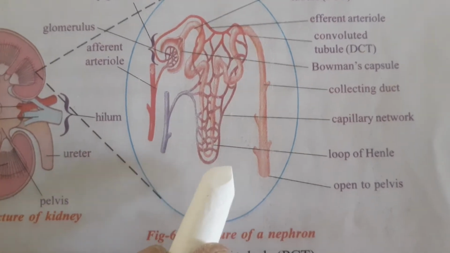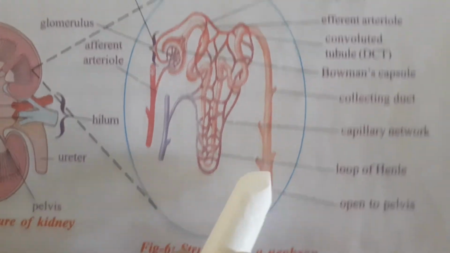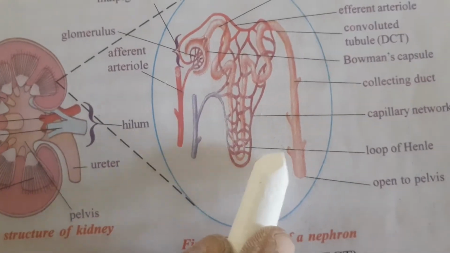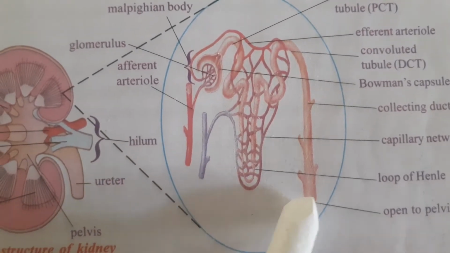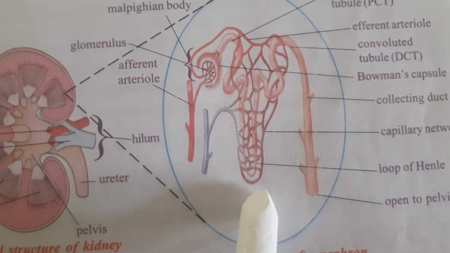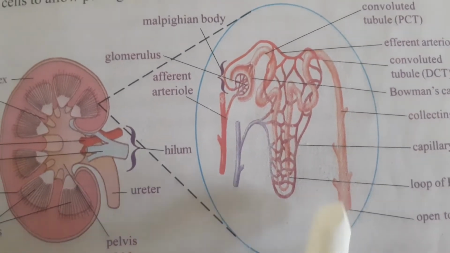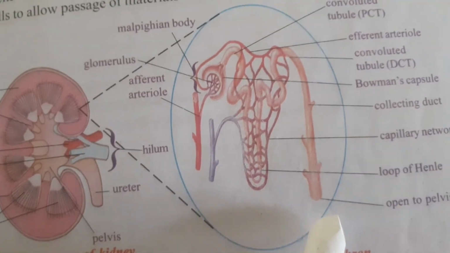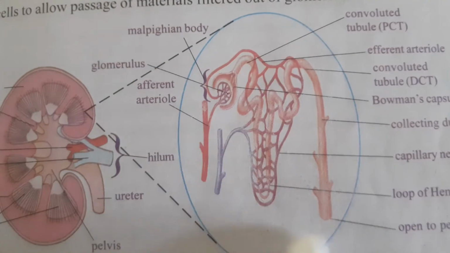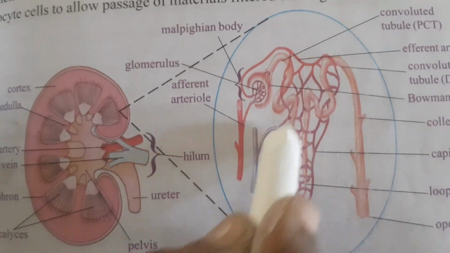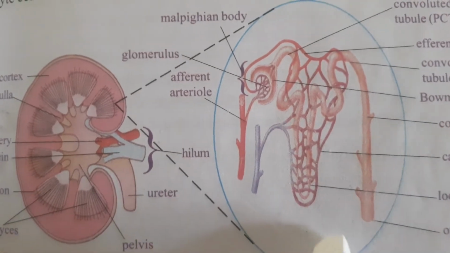If a person has a deficiency, if the person is suffering from certain diseases, he may urinate with a greater amount of water. So his urine will not be concentrated. That condition you call diabetes insipidus. Patients suffering from diabetes insipidus have urine which is watery in nature. The water present in the blood is not absorbed and the urine does not become concentrated. So he will release dilute urine.